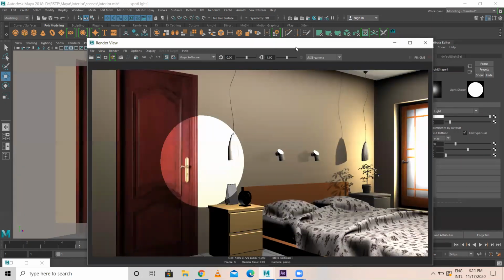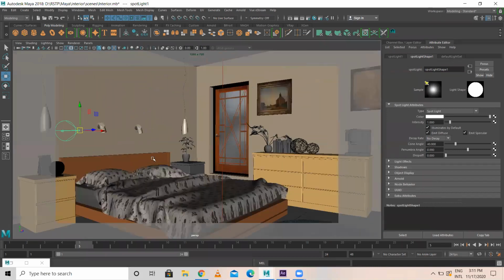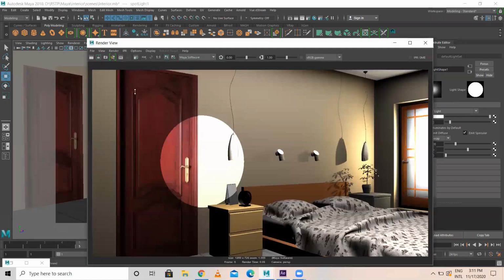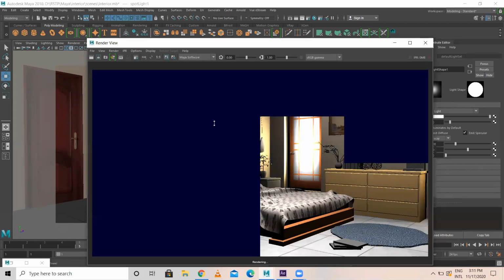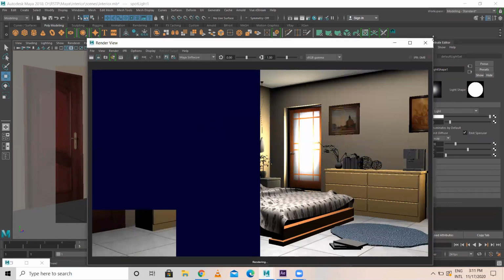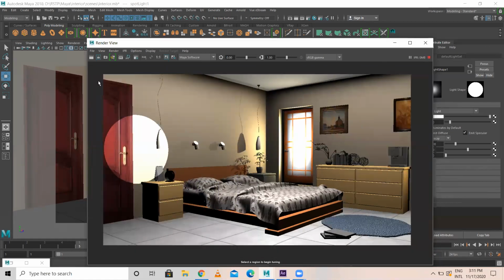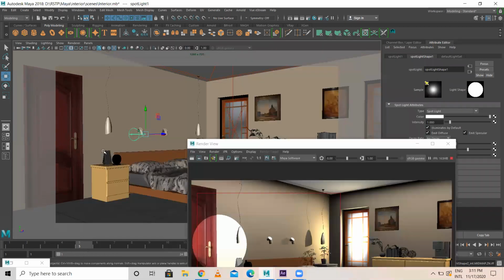So what I'll do is I'll just turn on this IPR. IPR stands for interactive photorealistic rendering. Okay, IPR. So here I select only this region, so that whatever changes we do, it will be updating.